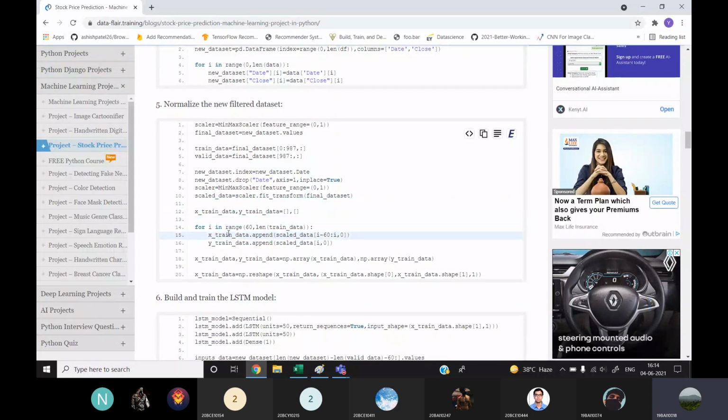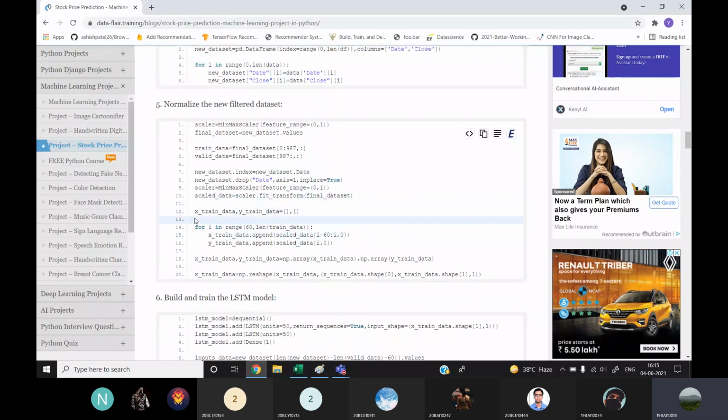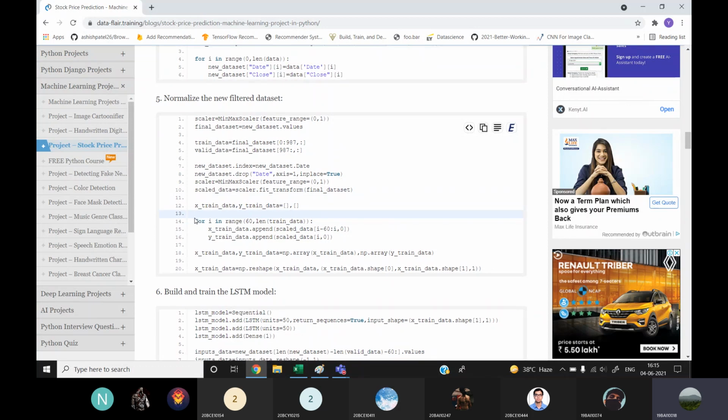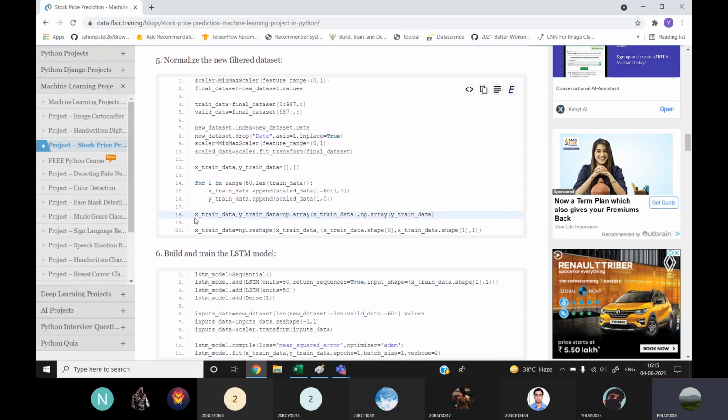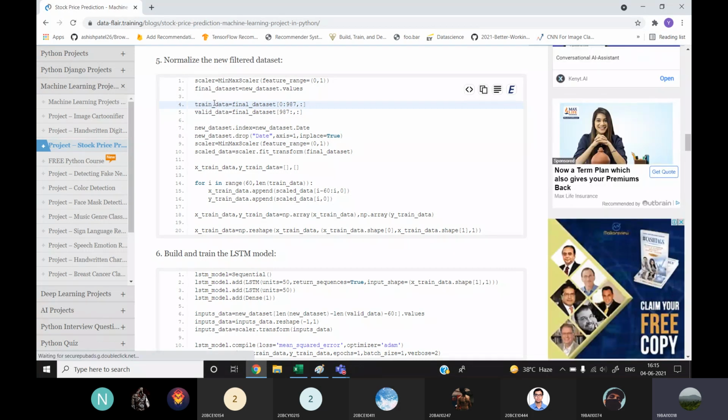So now we'll be creating the X train data and Y train data. For filling the X train data and Y train data, we'll just use all the values from this train data df, and we'll convert them into np.array format so that it is usable for the neural network.